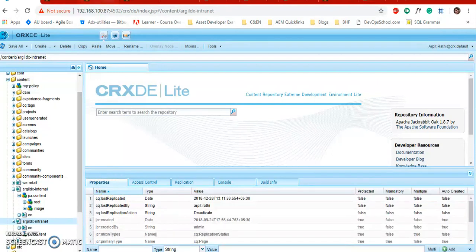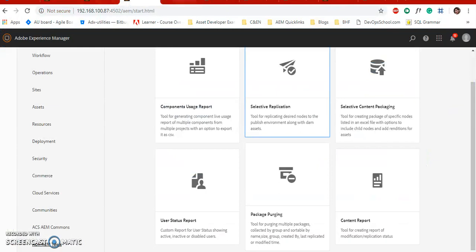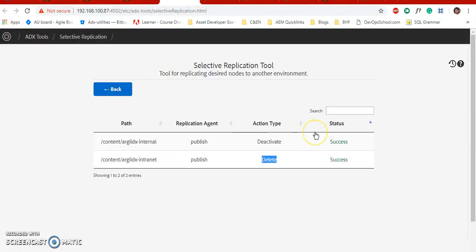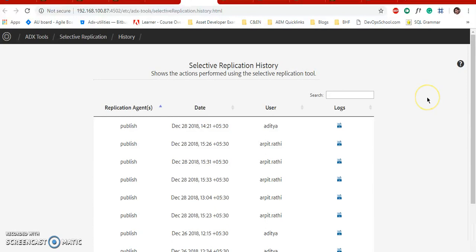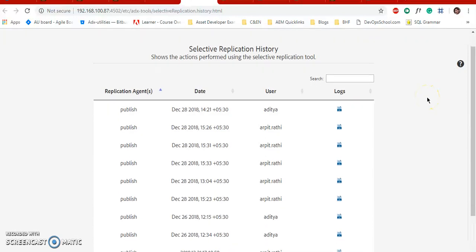Now coming back to the tool, here we have the history of operations made through our selective replication tool. That is present over here. If you click on this history button, a new page will come which will have a list of all the actions made through this tool. So as you can see, we just made an action on the publish server at this time.